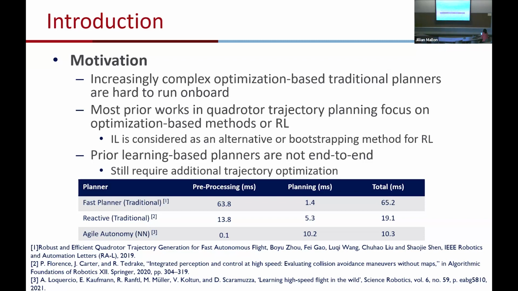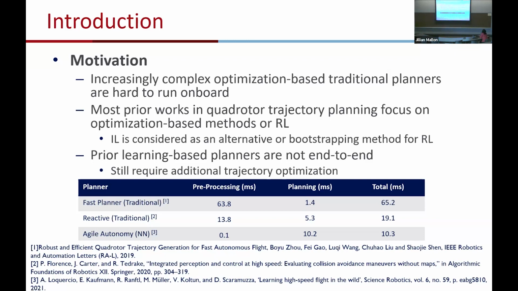However, before we apply imitation learning to this task, we need to first have a framework that can effectively replicate the behavior of any given expert and be able to learn quadrotor trajectory planning properly while also having the compatibility with ROS. Moreover, besides the traditional optimization-based approaches that I just talked about, most prior work in quadrotor trajectory planning focuses on using a learning-based approach, mostly exploring with reinforcement learning, whereas on a broader perspective, imitation learning is also considered as a strong alternative or bootstrapping method for reinforcement learning. Therefore, we're also curious to see how imitation learning performs in the scenario of quadrotor trajectory planning.